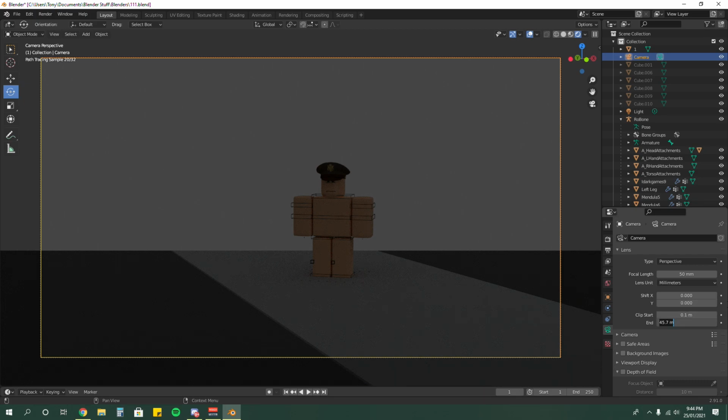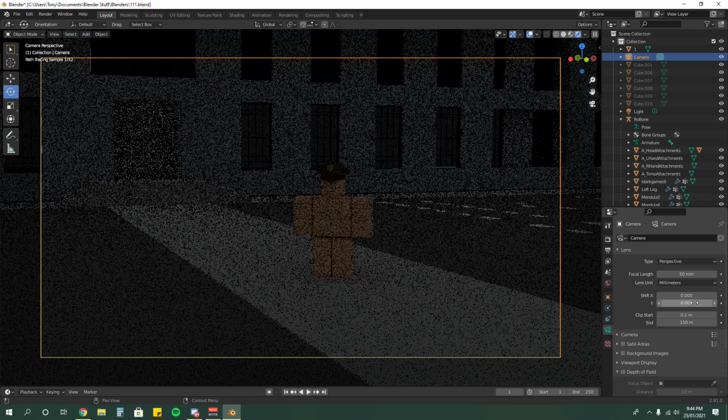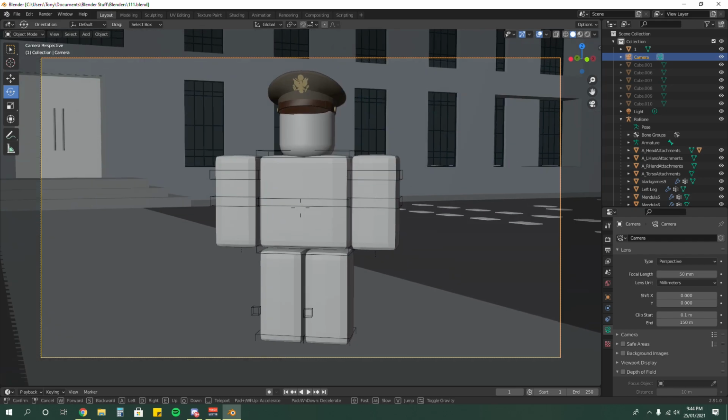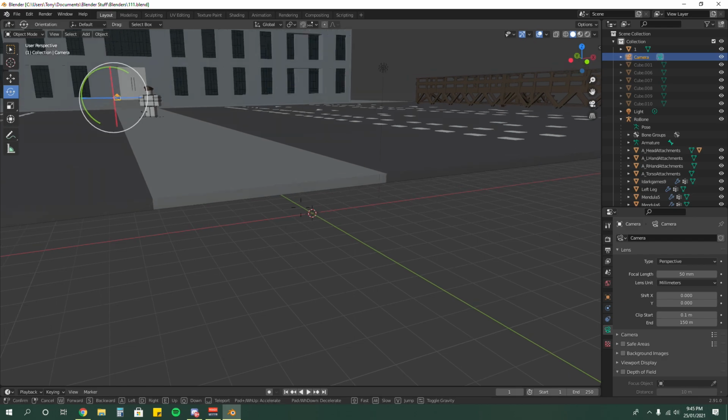You don't like it, so do I. So you might as well just max it out. Boom. It's nice. I'll just leave it. No, just do 150. I'm fine with it, as long as it's not interfering or you're not seeing it. Okay, once you're in a good position, you want to press left mouse, and there it is, it's locked. And then you want to press 0 on your keypad again to get out of the camera.